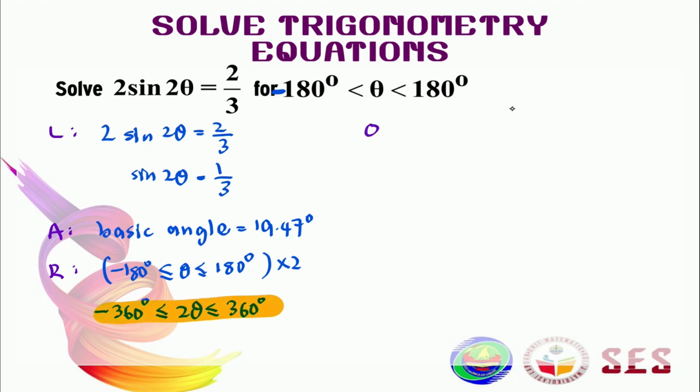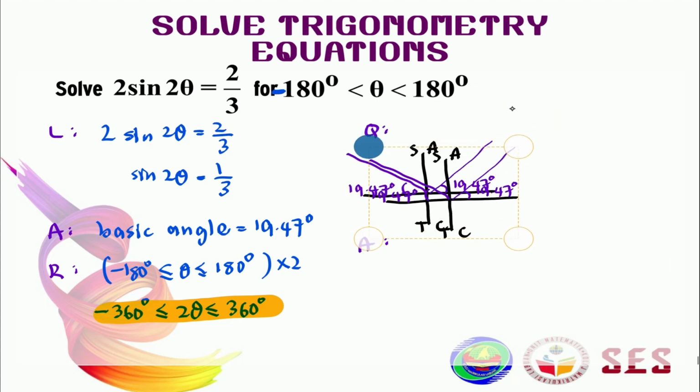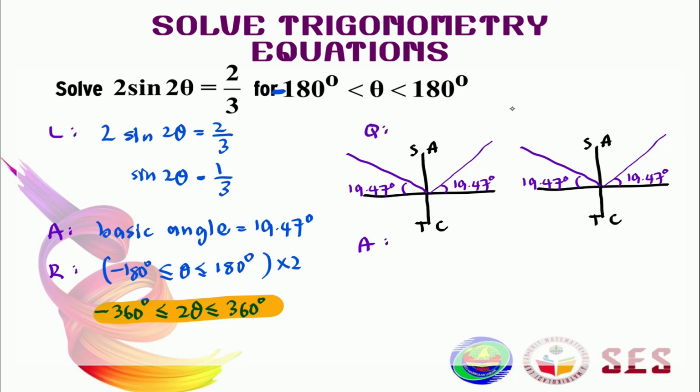Fourth step, to find its quadrant. And to find quadrant, we need to sketch Cartesian plane with a stack. Our angle has the positive value for sine. Therefore, in the Cartesian plane here, it will be in the first quadrant and the second quadrant, with basic angle 19.47. So the last step is to find the answer from our Cartesian plane here. But if you can see from our range here, we have positive and negative angle. And because of that, it could be very tricky to find the answer. So I'm going to make 2 Cartesian plane. One for clockwise rotation and the other one for anti-clockwise rotation.